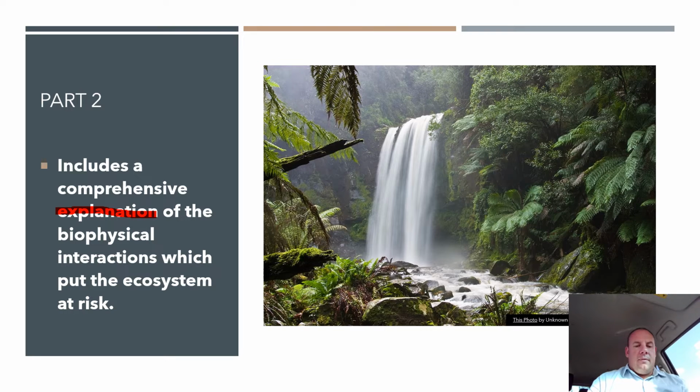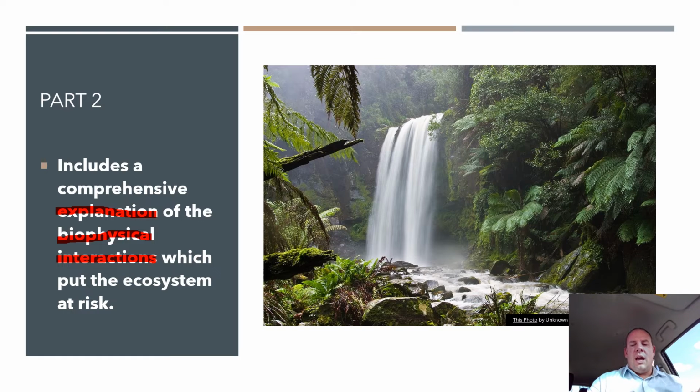So remember our biophysical interactions, we need to remember our stuff that we looked at last year in Year 11: biosphere, lithosphere, atmosphere, hydrosphere, BLAH, the acronym that we use. I want you to tell me those interactions. Now I've put the marking criteria, and this is straight back from the syllabus. There are 4, but they're worded slightly different. If you're going for those top answers, those top bands, you need to make reference to all of those 4. This is very explicit in the marking criteria. Relate each case study to those 4